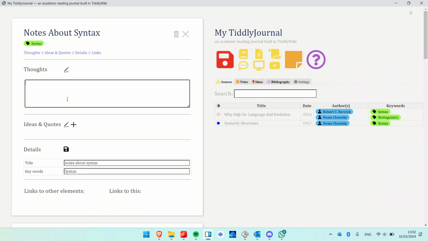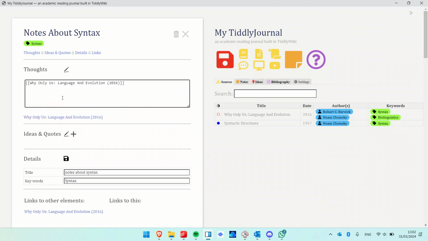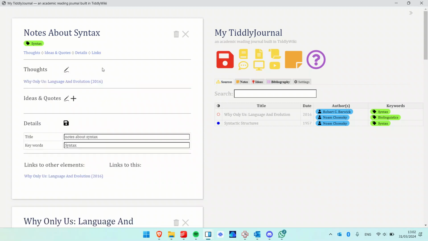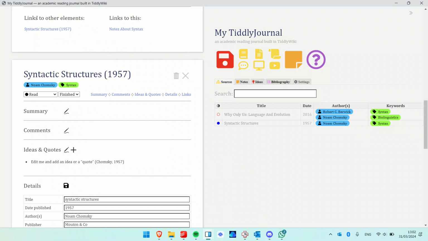Let's actually put a link again just to show how this works once again. And this time let's link to Why Only Us. So start typing Y and then click that. It's done the link. And then in the links to other elements section, we can see this. If we click on this, it will take us to Why Only Us. And in the link section of this, you can see it links to Syntactic Structures